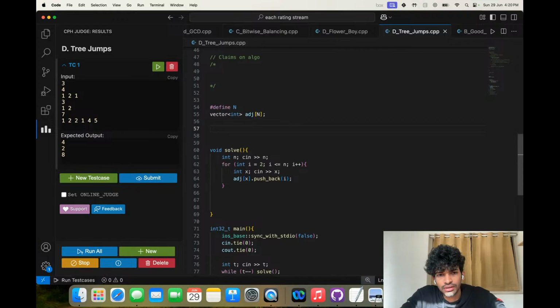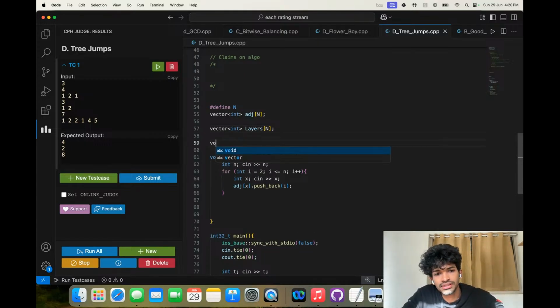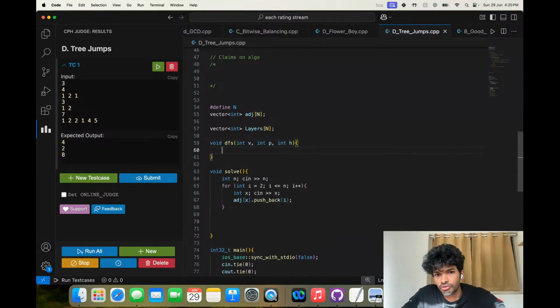Let's just do simple DFS to form layers.